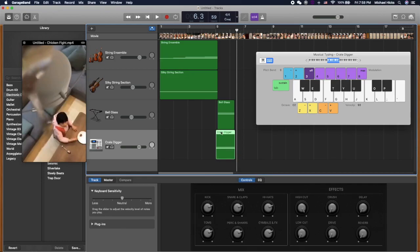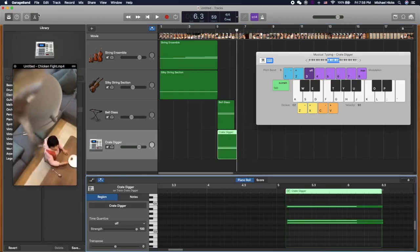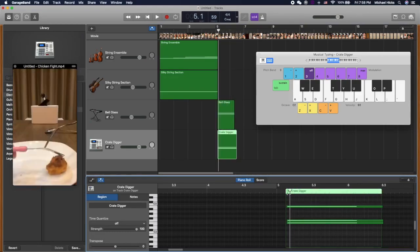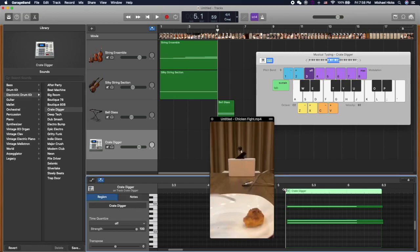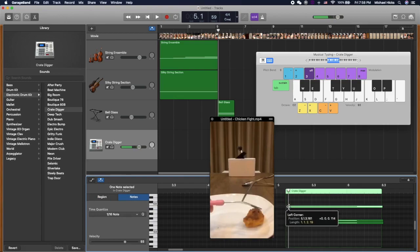I'll move this one to there, just to start off with. And then let's jump down here and see how things look. Okay, so let's pull this back. Let's get our video closer. Okay, so if we're here, at the beginning of these notes, it's a little bit early actually, and I might be a little bit early with the other one. So let's just pull it. I'm being kind of detail oriented here, but